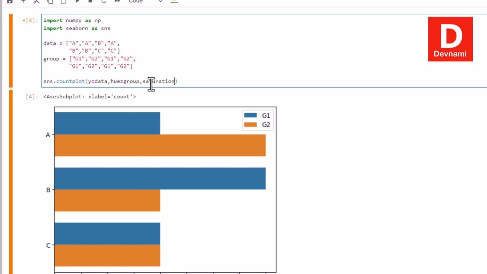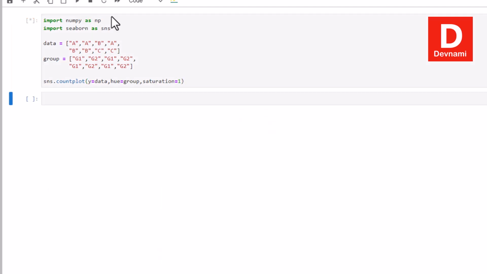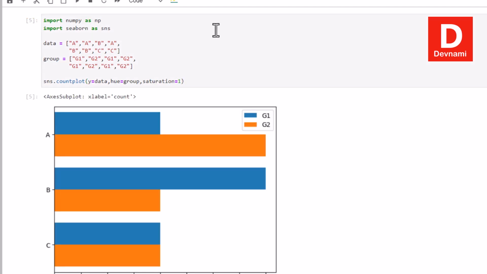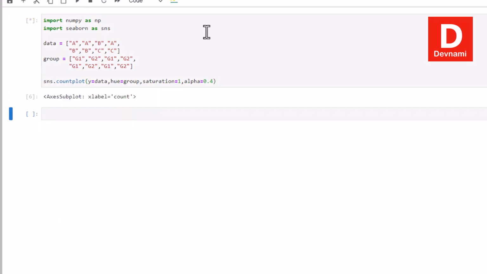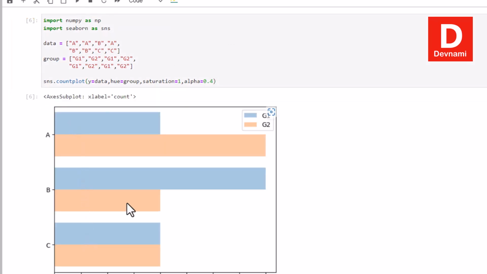So saturation set to 1. Run this and it will reflect as well, right? We can also see if alpha, which is transparency, gets applied. So 0.4, and we see the transparency as well,